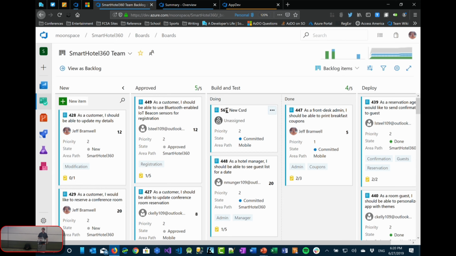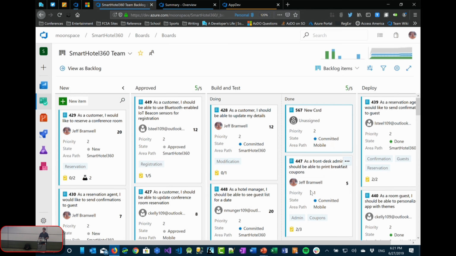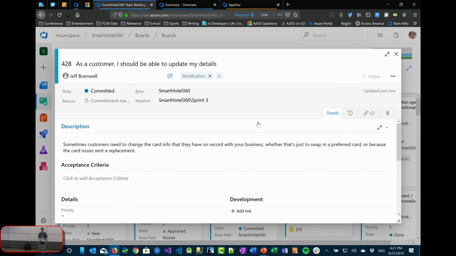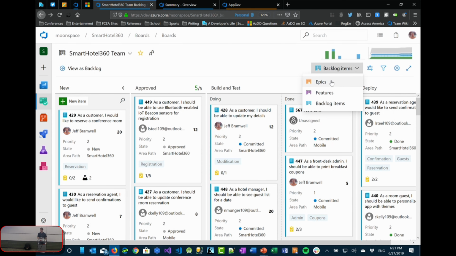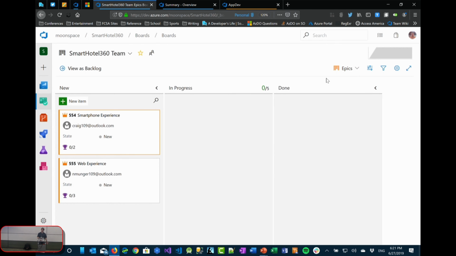Something that's been approved, you know, hey, something's in build and test, and eventually it goes over to deployment, it gets deployed. But again, these columns can be whatever you want them to be. That just happens to be how this one's set up. You can drag things around as you would expect, as you're moving it from one status to the next. If I open one of these up, it's going to be essentially the same view we saw a moment ago with the work items. I mentioned this one has epics, features, and backlog items, for example, in this process template. So if you wanted to see all the epics on the board or all the features on the board, you can do that as well.